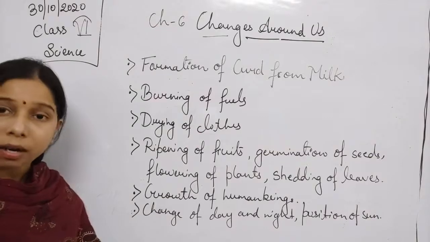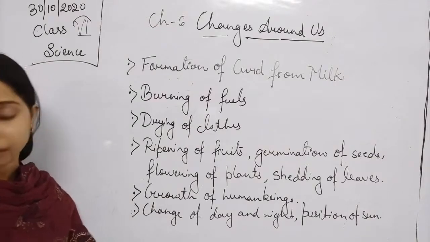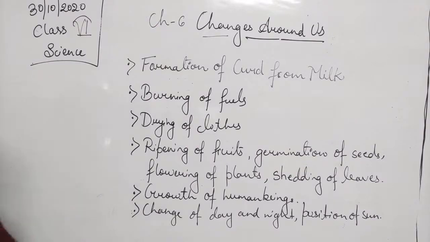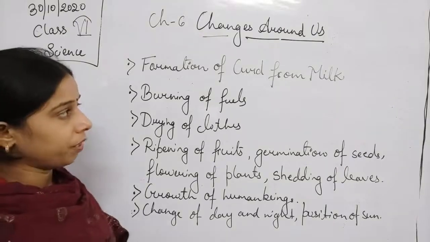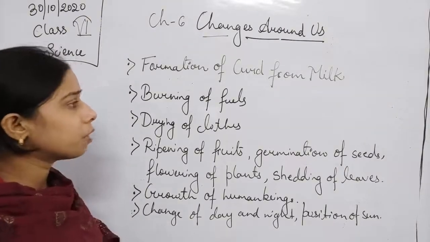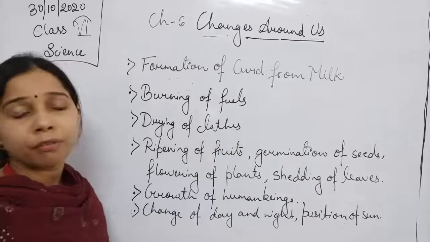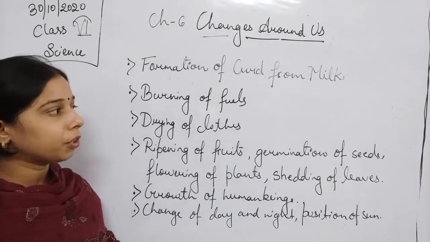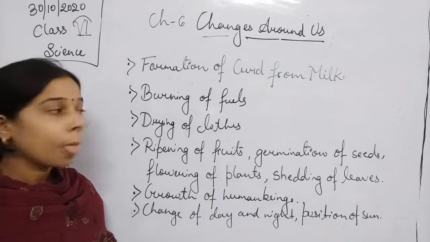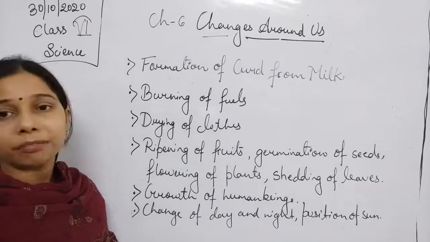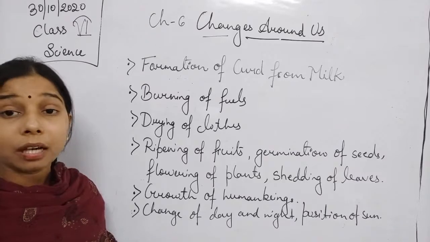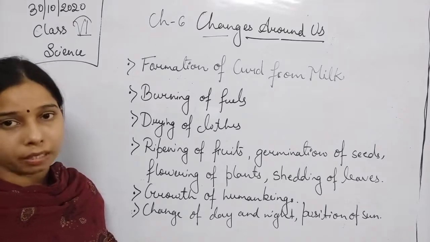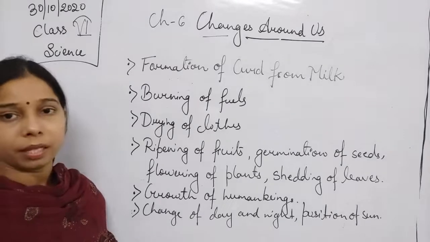you can take a lot of examples which occur around us, a lot of changes are there which occur around us that we can see, we can observe. So if you see in general, students, even in the burning of a fuel, what we used to see is that when you burn the fuel, it gets converted into ash. Okay. Then the curdling of the milk. Curdling of the milk means conversion of the curd from milk or formation of the curd from milk.